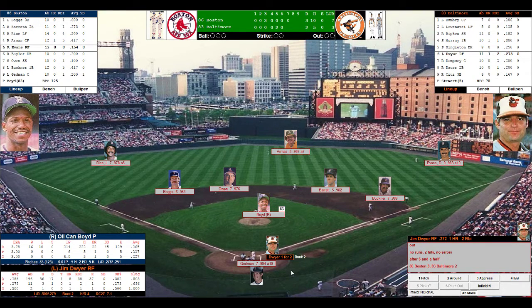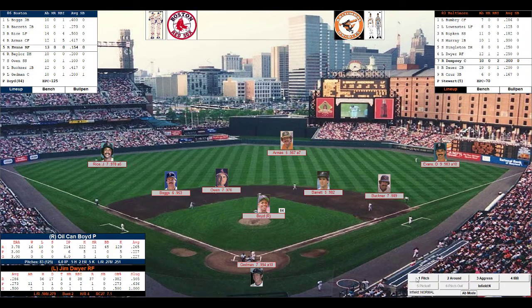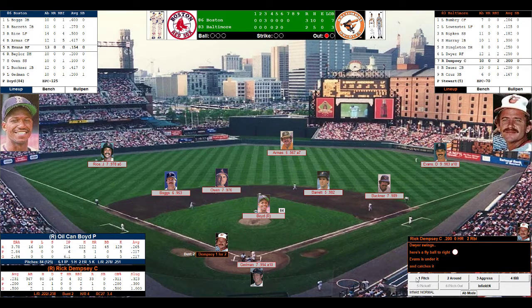Alright, so Dwyer hit lefties out of 500 clips, so Boyd will stay in the game. Remember, Dwyer homered off of him in the bottom of the fifth. Gedman sets the target. Here's the pitch by Boyd. And that ball is got under that one. Evans is there and right. He makes the catch for out number 1.